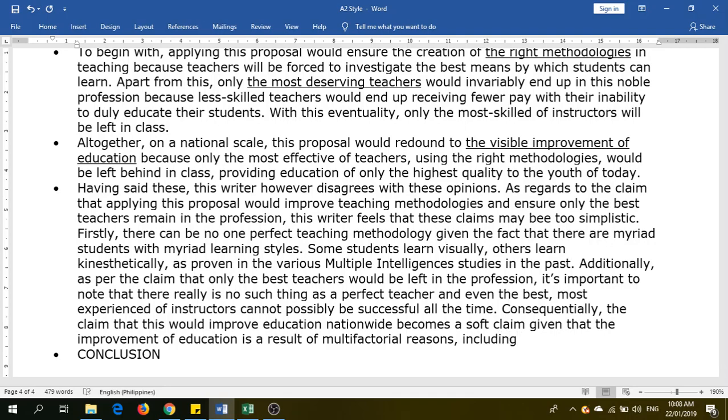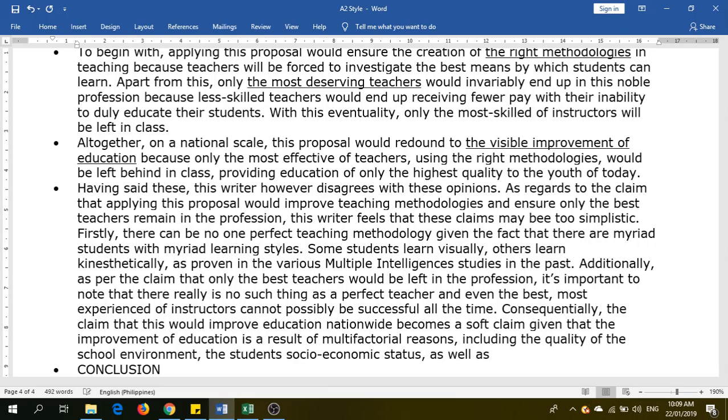including the quality of the school environment, the students' socioeconomic status, as well as prevailing biases such as those in gender, gender, what's the term for it, gender discrimination there. All right,